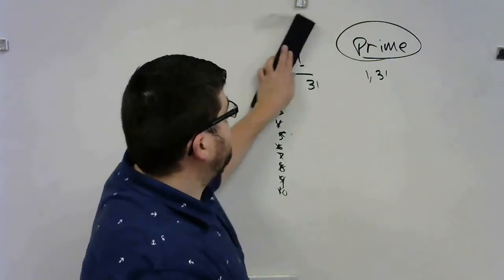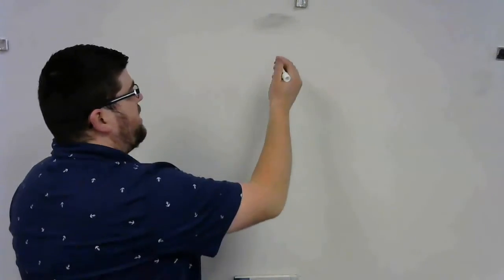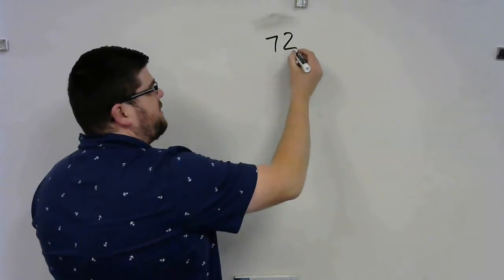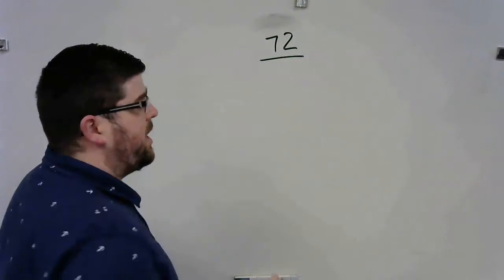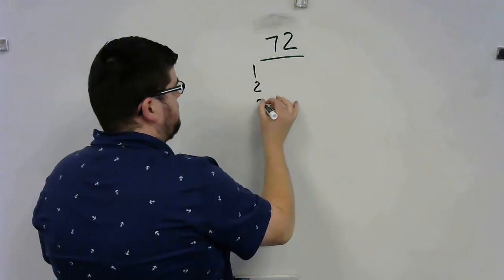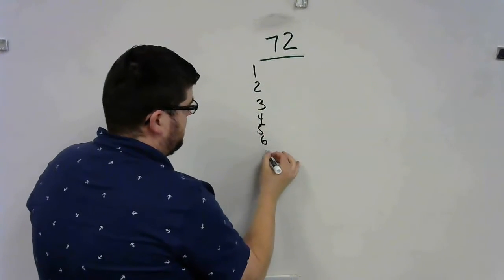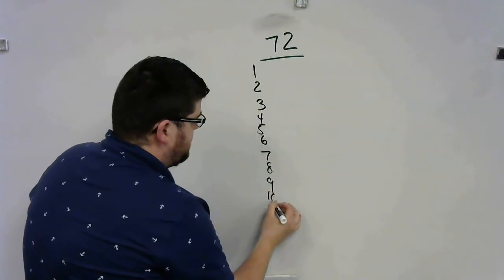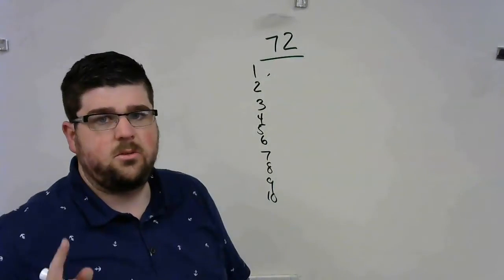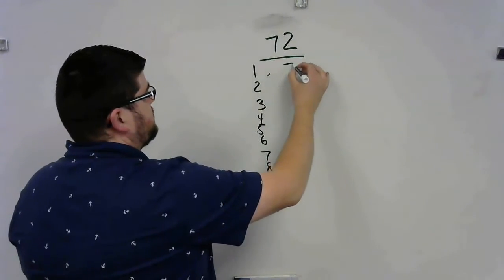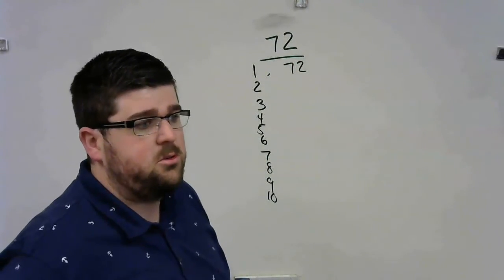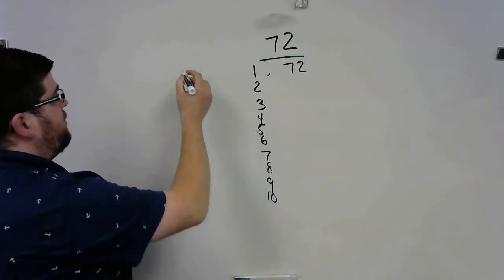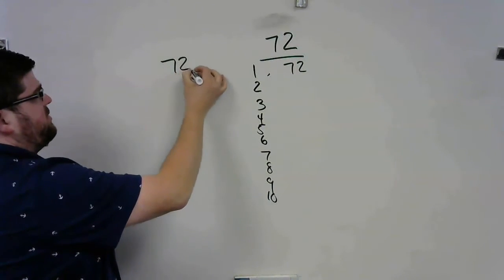All right, let's do one more big one, and then we'll call it. Let's say we had 72. We wanted to find the factors for those. So I would go 1, 2, 3, 4, 5, 6, 7, 8, 9, 10. Can 1 go into 72? Yes, 72 times. Now 72 is an even number, so I know it's divisible by 2, but I have to go and divide it to see how many times. So 72